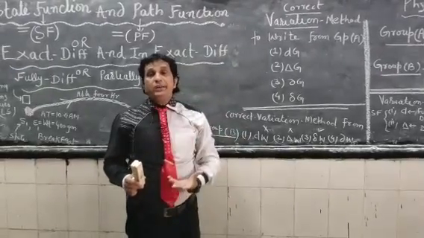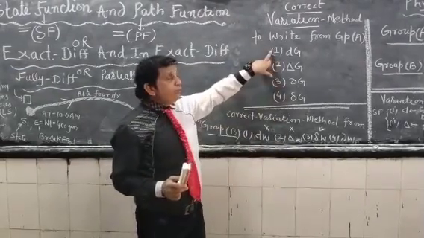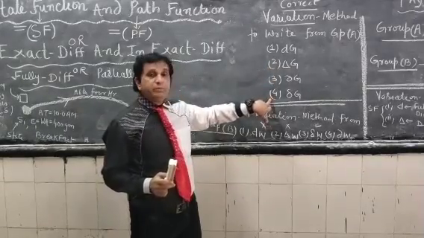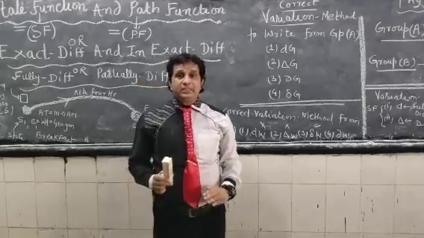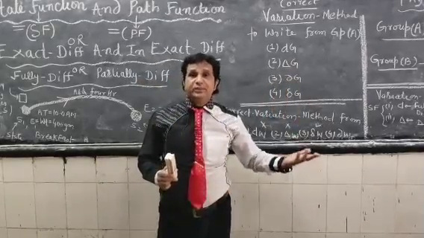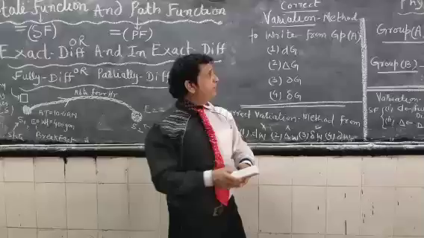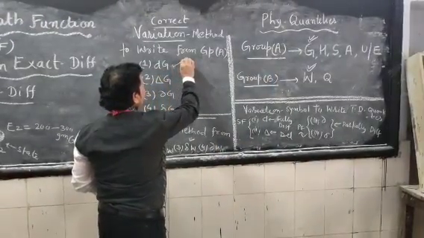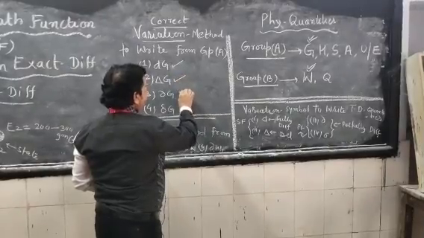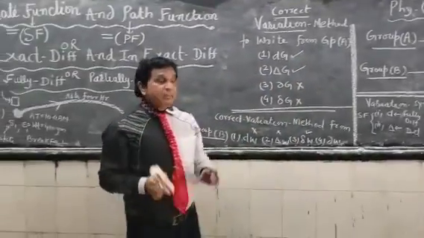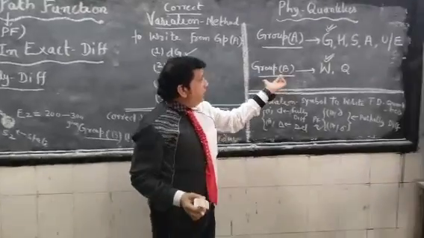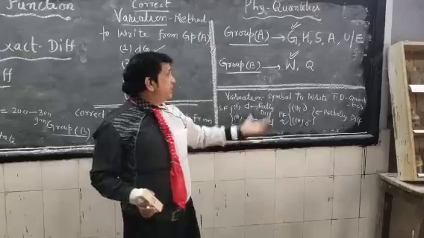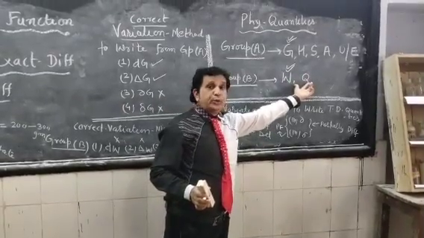Normally students respond that the first would be correct, the second would be correct, the third would be correct, the fourth would be correct. But the correct answer for the variation method of these thermodynamic quantities mentioned on the blackboard in group A is dG; dG will be correct, the others are incorrect. Similarly, in group B, the thermodynamic quantities I have mentioned on the blackboard are work W and heat Q.